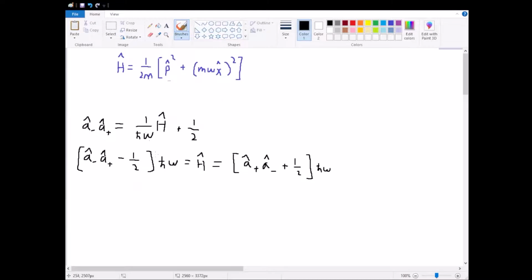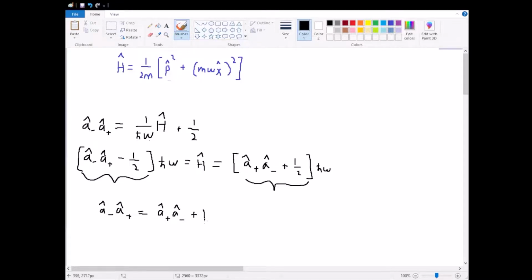The difference here is that these two are equal. This implies that this term is equal to this term. And this means that a hat minus a hat plus is equal to a hat plus times a hat minus